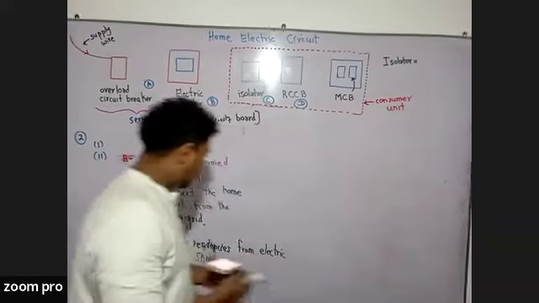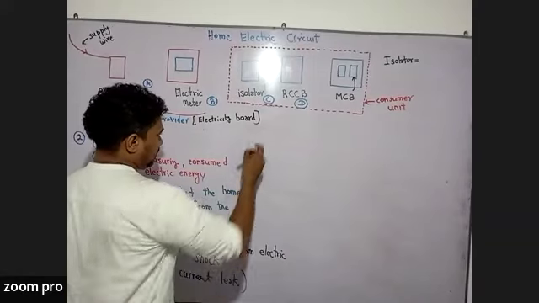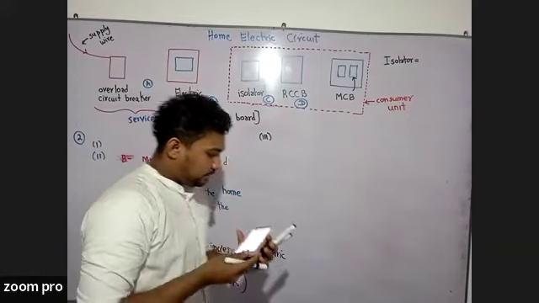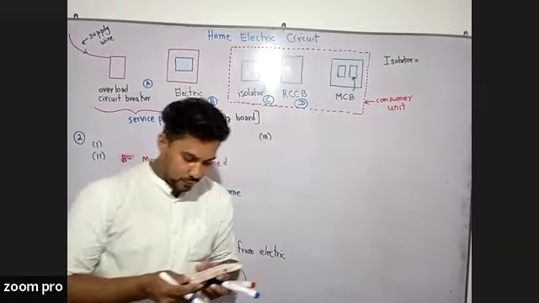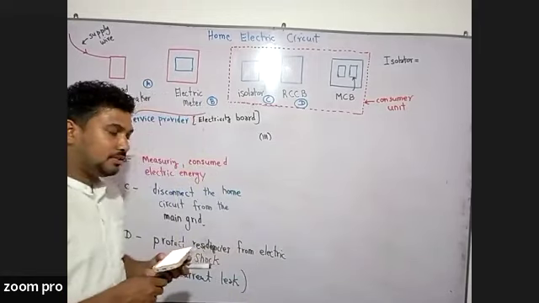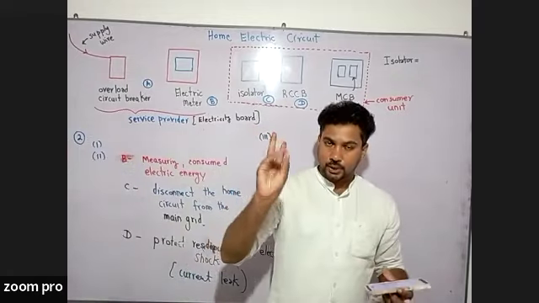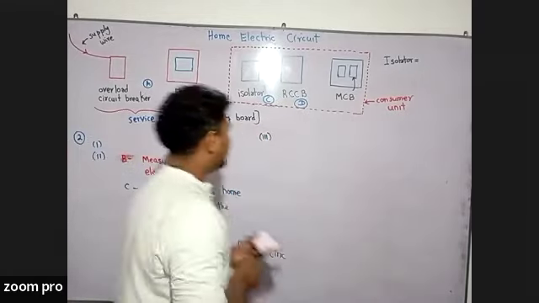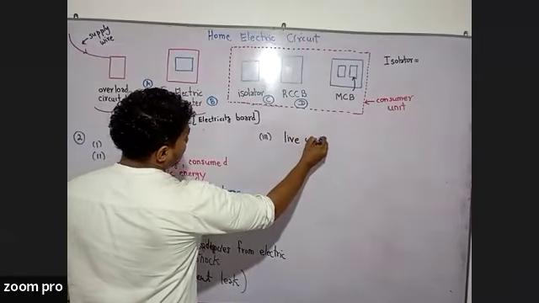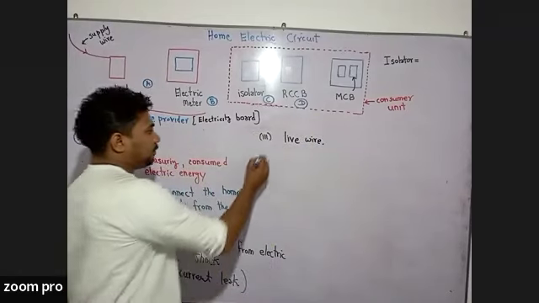Then name the wire in the third part. Name the wire that is connected with fuse or circuit breakers. It's obvious. Now we have three types of wires: live, neutral, and earth. So the live wire is directly connected with the fuse. In the fourth one,